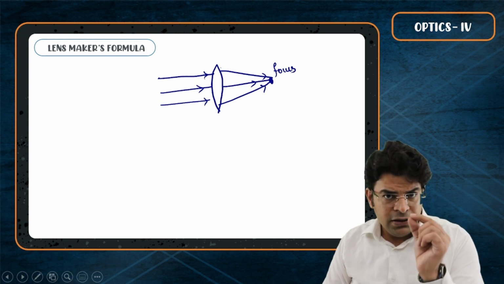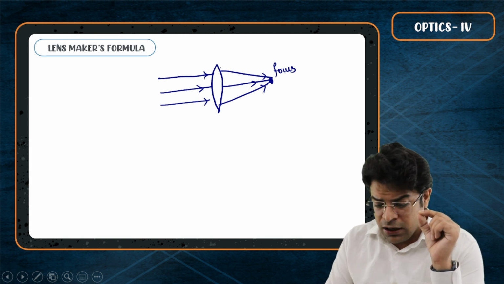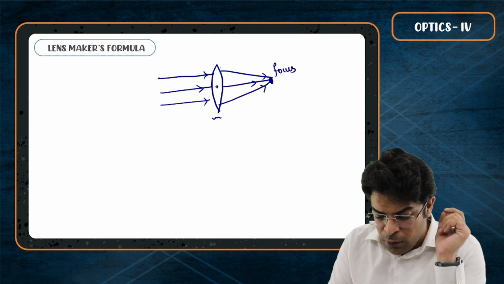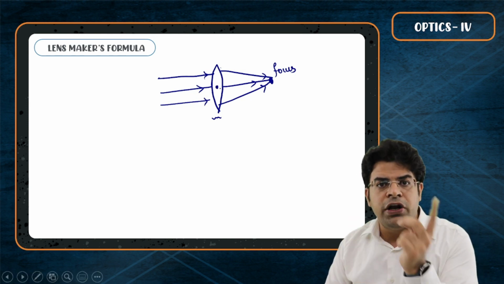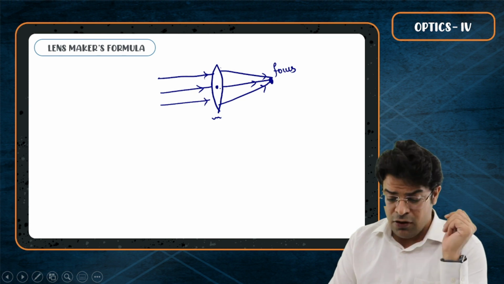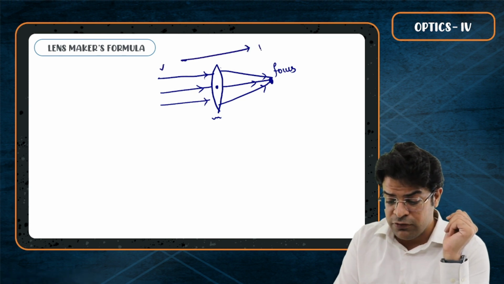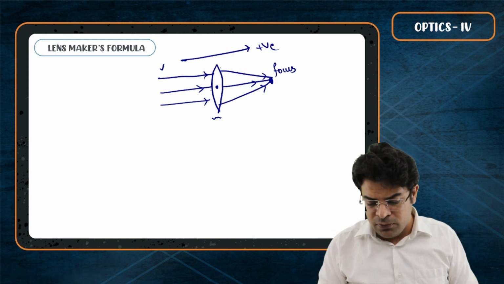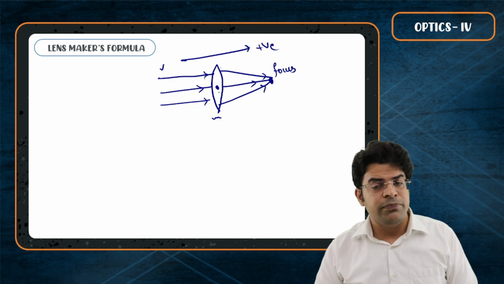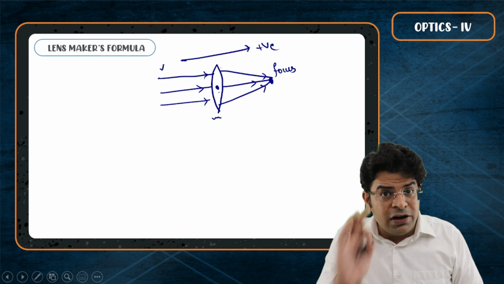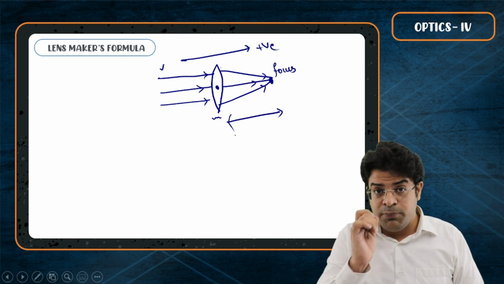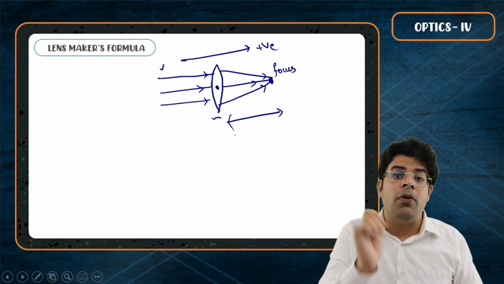Now tell me, for a converging lens, will the position of focus with respect to optical center be positive or negative? So you will say, sir, the direction of incident ray is taken as positive direction. For lenses, we measure all the distances from something called the optical center. So for a converging lens, the value of f, which is the position of focus with respect to optical center,